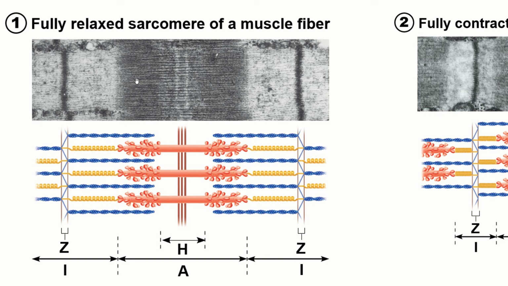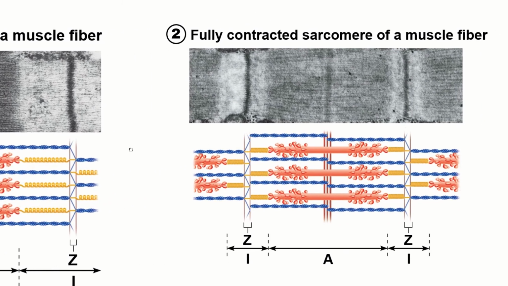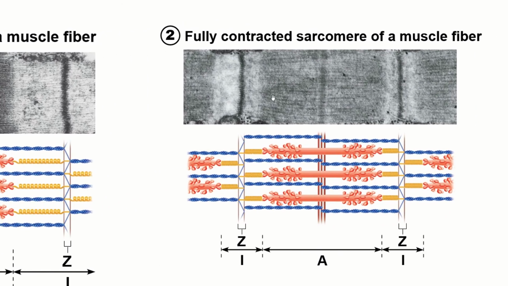So whenever we've got our relaxed sarcomere here, you've got a pretty obvious I band where there's a space where there's actin only. Then when we pull actin toward the midline, which is what's happened here, the I band effectively goes away. The 2 Z discs or Z lines get closer together. So the individual little sarcomere shortens, and if we do that throughout a muscle cell,